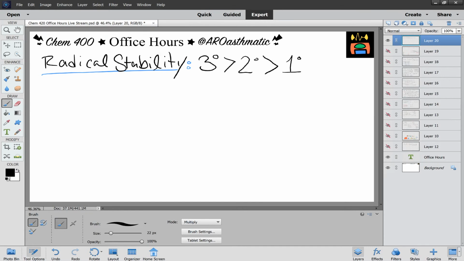So the most stable radical would be a tertiary radical, and we know that the termination step